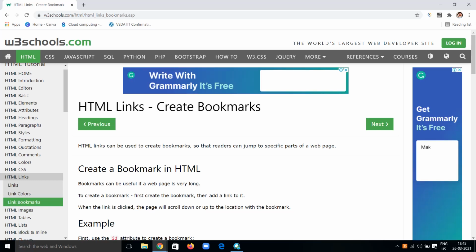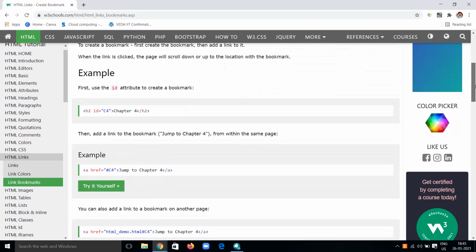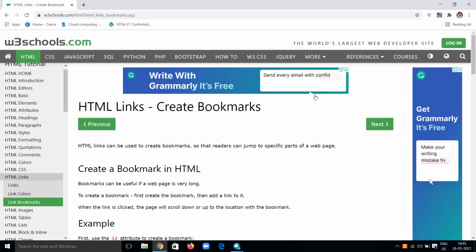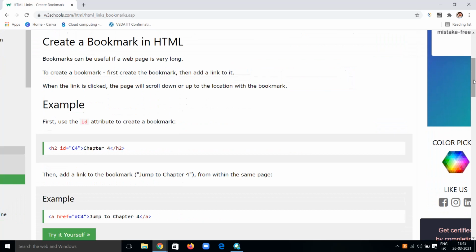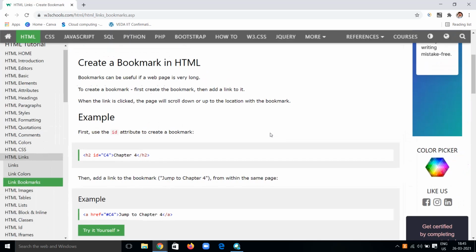You can give text as a link, HTML elements as a link, and also colors and images, and you can add bookmarks if your web page is so long. You can change the colors of the links, or make a link as a button, and you can apply different stylings to your web page based upon the status of the link, whether it is active, hover, unvisited or visited. You can style your web pages by using CSS. So that's all for today, all about HTML links and colors, HTML bookmarks.